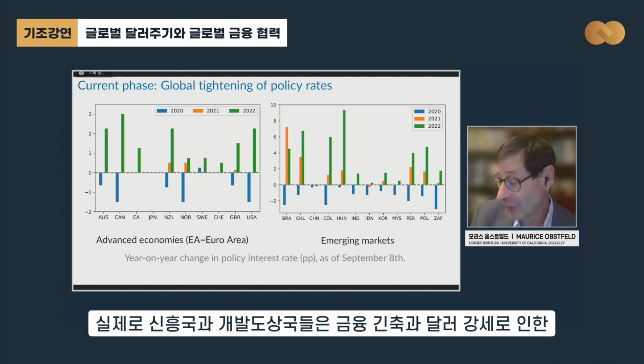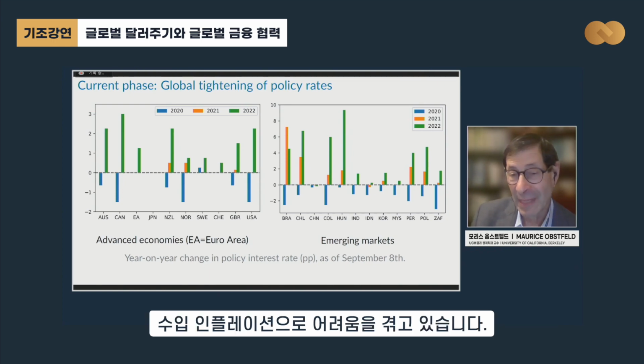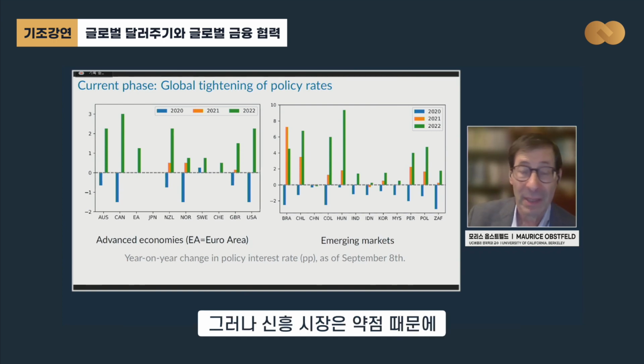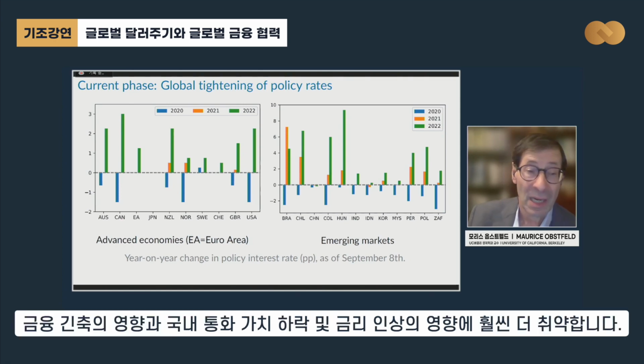In effect, emerging and developing economies suffer both from the tightening of financial conditions and from importing inflation due to the dollar's strength. This is also true to some extent in the advanced economies, but emerging markets generally, because of their weaknesses, their fragilities, are much more vulnerable to the effects of financial tightening and the effects of domestic currency depreciation